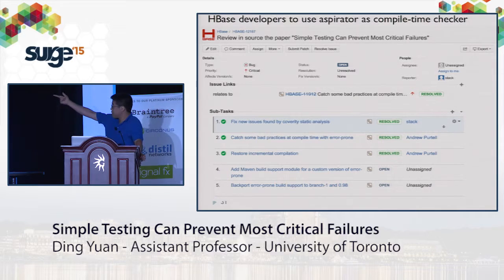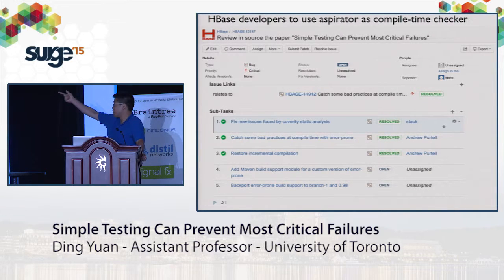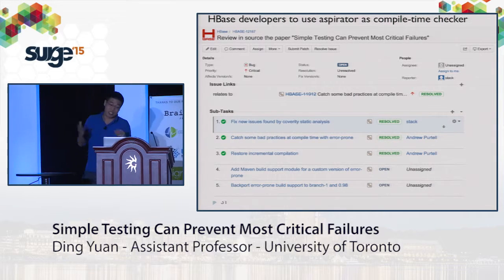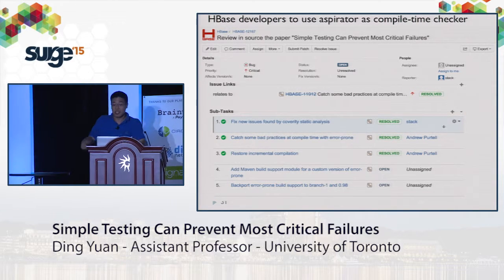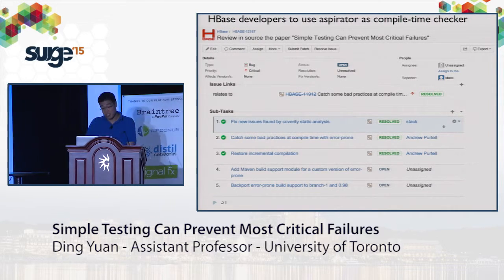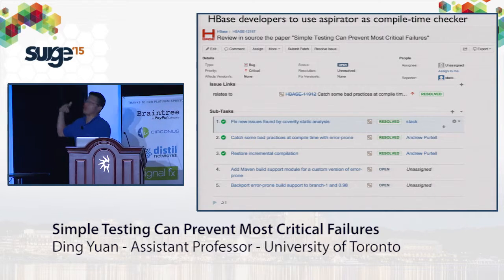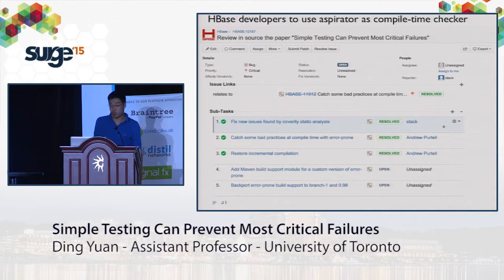They created this ticket just to discuss all the findings from our paper, and they created a lot of subtasks to fix all the issues mentioned in our paper. And they will actually use Aspirator as their compile-time checker. So we developed a customized Aspirator version for them. It's based on Error Prone, which is integrated in javac. So every time you compile the code, it will issue those warnings.